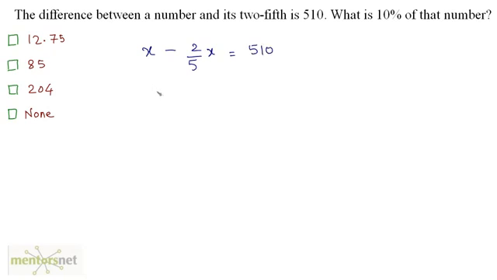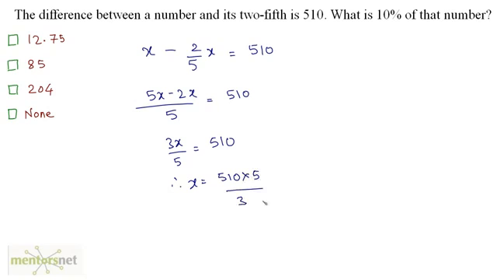Let us solve this. We have 5x minus 2x upon 5 is equal to 510. So 3x by 5 is equal to 510, and therefore x is equal to 510 times 5 divided by 3,